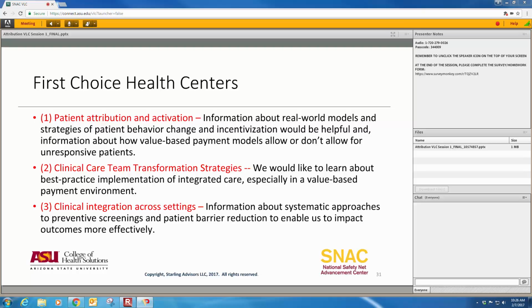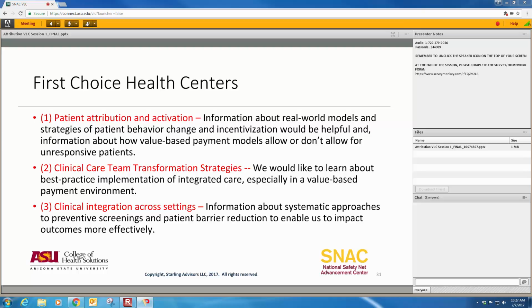Also, we want to discover how the incentive-based initiatives that we currently have with the providers that are production-based are going to be impacted by the pending changes to the ACA, whether they reform it or do away with it completely. How is value-based payment going to impact incentive-based strategies that centers might be applying with their specific providers? So those are things that we'd like to be able to get from this